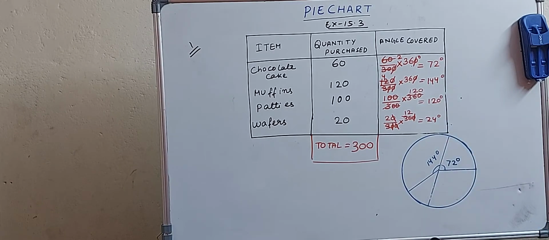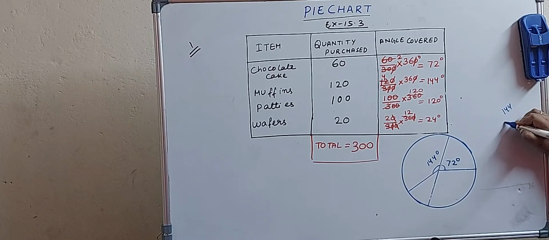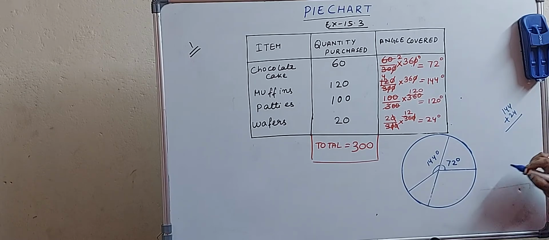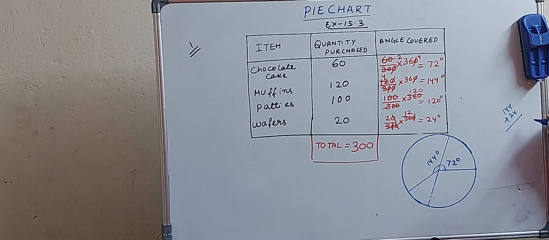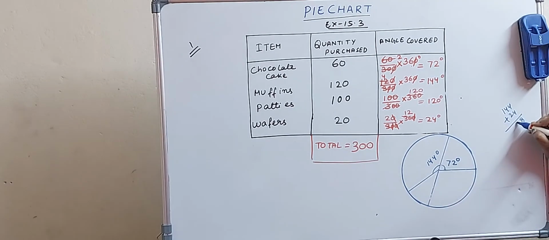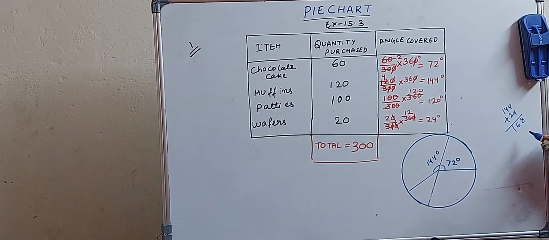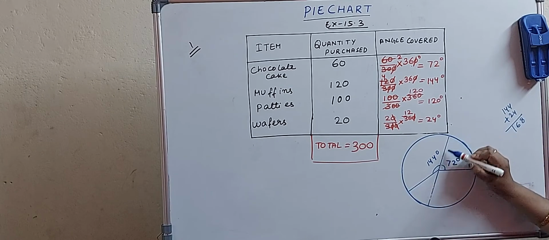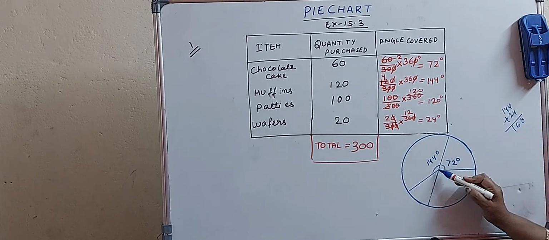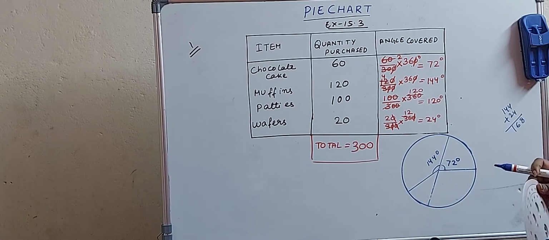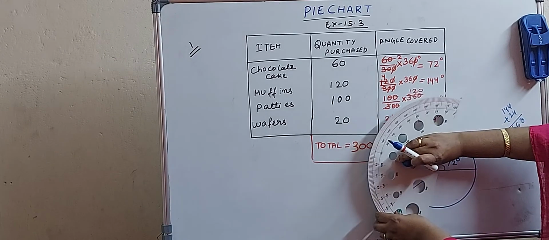Let us check 144 plus 24, how much is it coming. Why am I doing this? I will place the protractor along this line and mark out that particular angle. 4 plus 4 is 8, 4 plus 2 is 6, and it is coming within the range of 180. See, this line is a total of 180 degrees. So I have to calculate 168 and draw another line. This is not very hard.